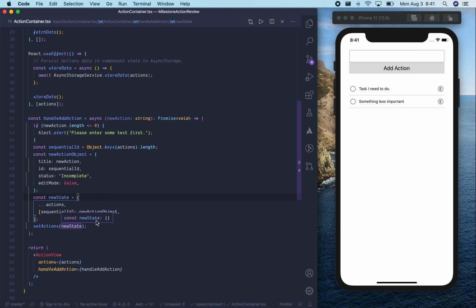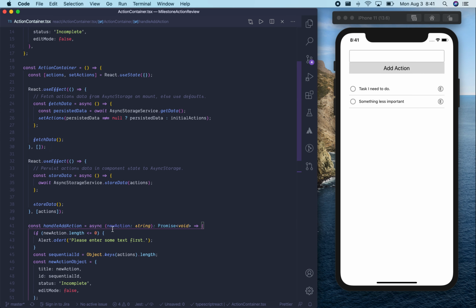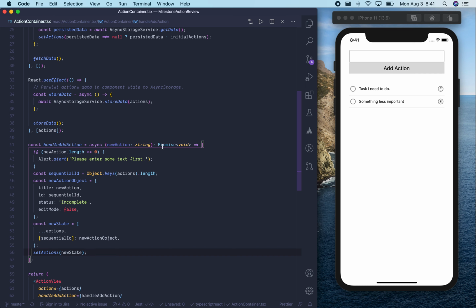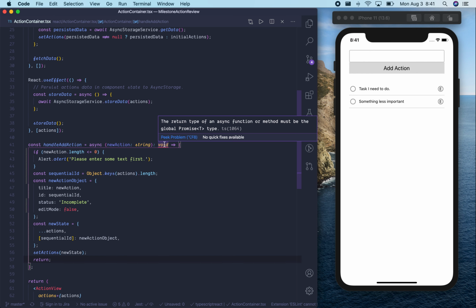Set the container's state to this. Right now there actually is no asynchronous behavior. So we could almost say just void, but once it's returned,